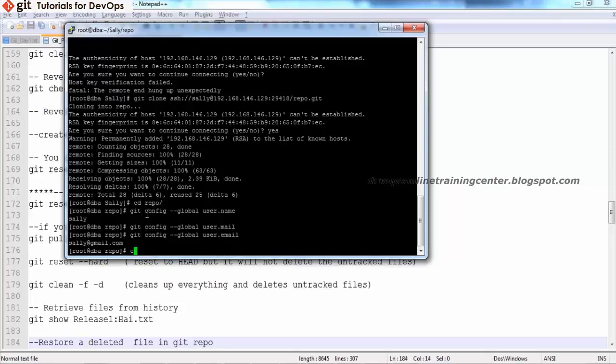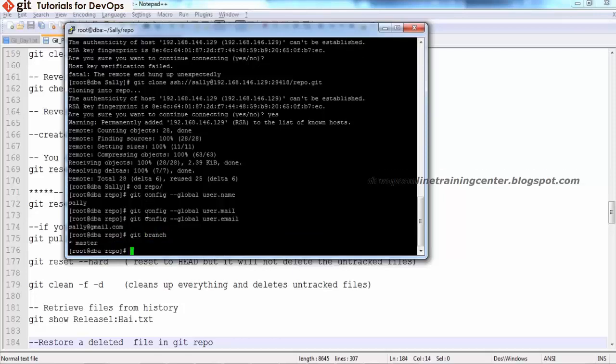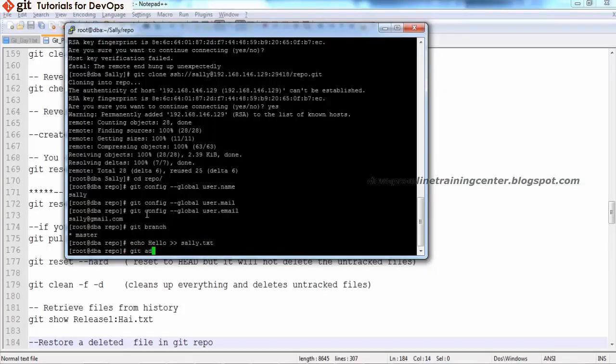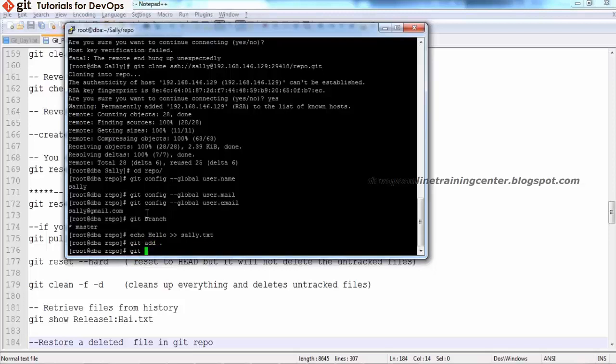Now let's make some changes. Where am I exactly? Git branch. I'm in the master branch. Let's make some changes. Echo hello to sally.txt, some file I'm adding. Okay, git add. Git commit -m "added by Sally in master",